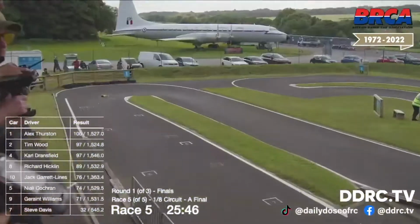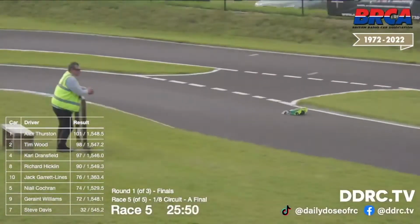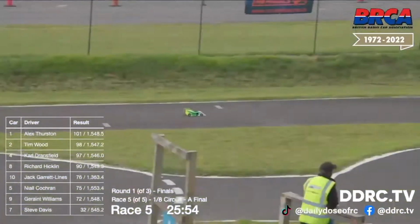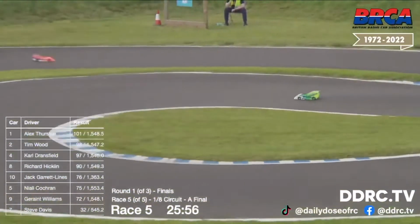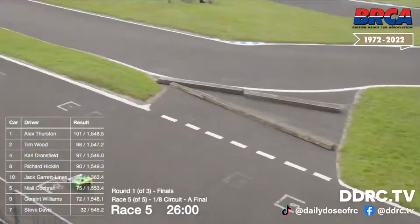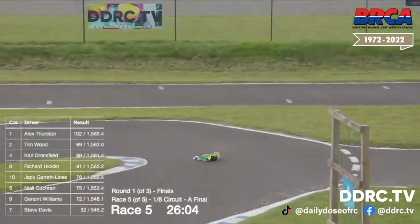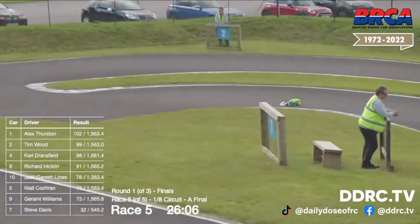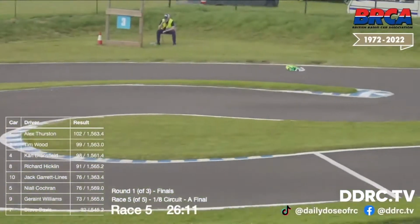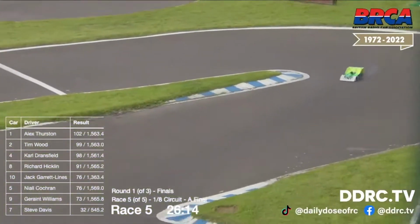So, as things stand, it's still a 2-lap gap between Tim and Alex, with just about a lap gap between Tim and Karl. So they're your podium positions, and then it's an 11-lap gap back to 4th place. So, unless something goes horribly wrong, your front three are going to remain the front three. And I'm guessing that the only chance of a change of position is going to be whether or not...